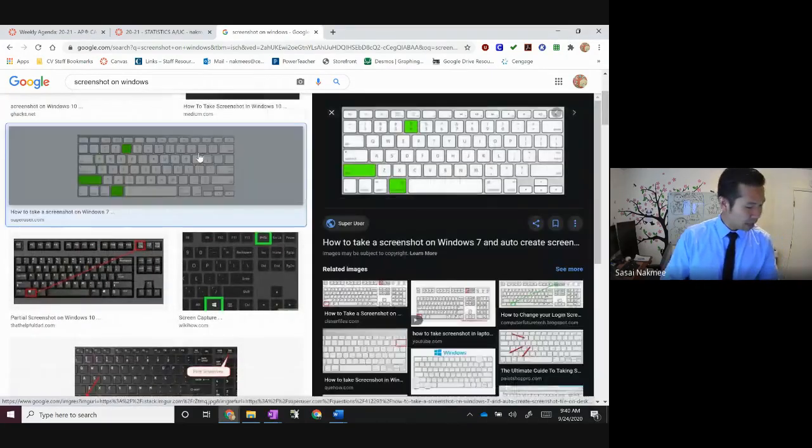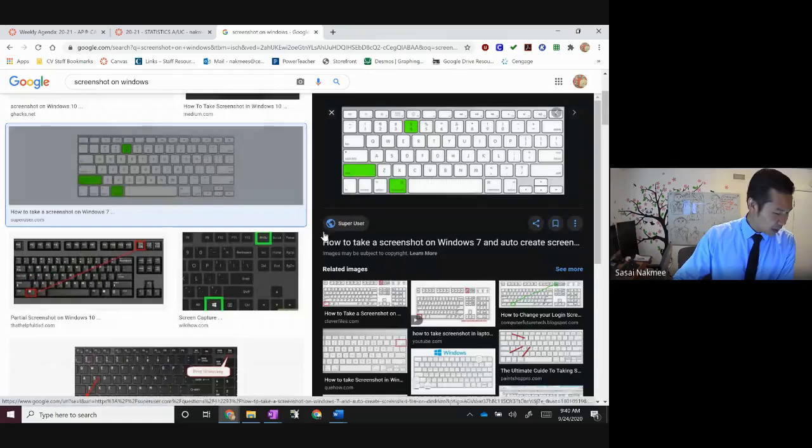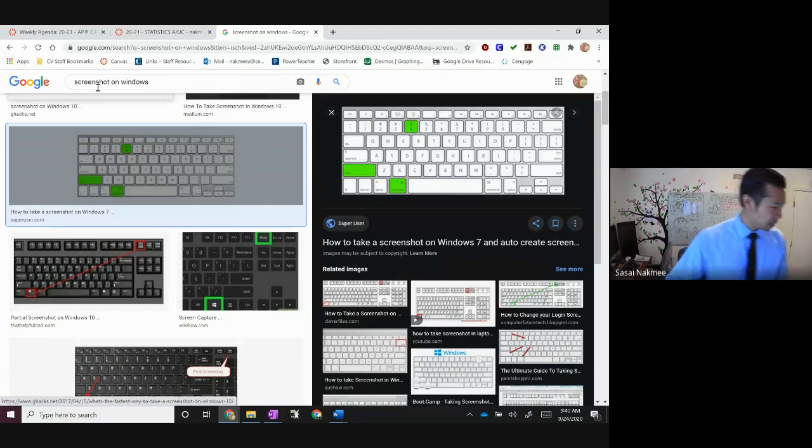And if you have a Mac, it's going to be the Command button, Shift, and then I believe 4. It's either 3 or 4, I can never remember correctly. One of them screenshots the whole screen, and one of them allows you to select which part you want. Okay, so